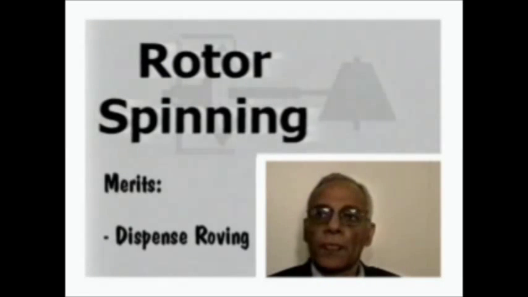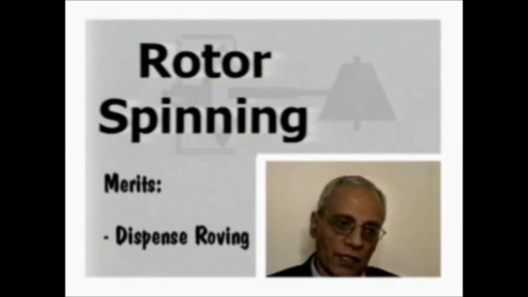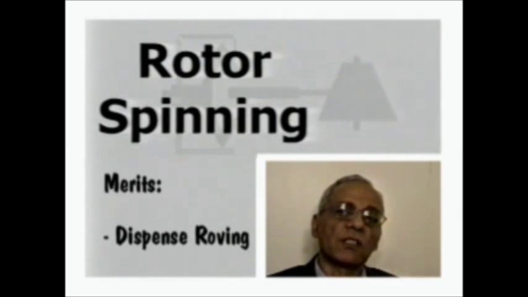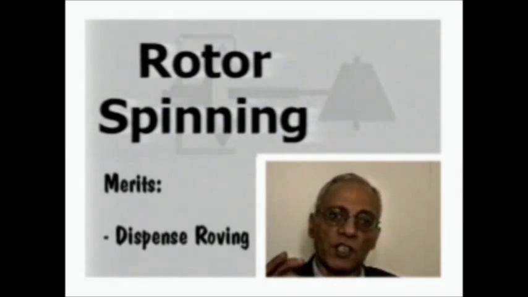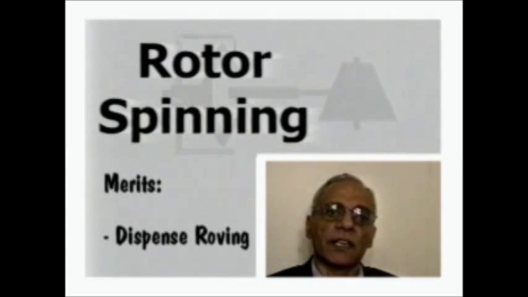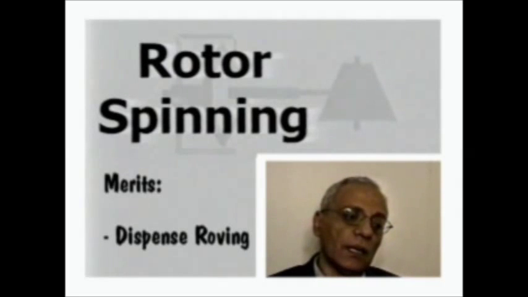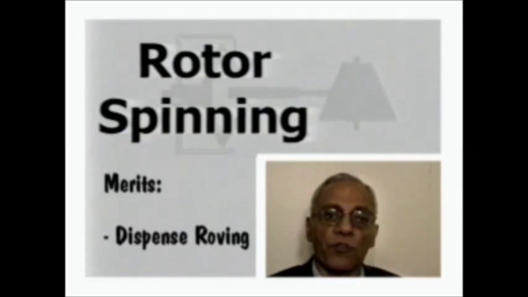first dispense the roving process. Recall that the roving process is an essential process prior to ring spinning, where we reduce the size of the drawn sliver down to a very small fiber strand that looks like a yarn, but it exhibits a very small twist. It's also very thick, that we called it the roving. With the rotor spinning system, there is no need to feed a roving. Instead, we can go straight from the drawn sliver to the